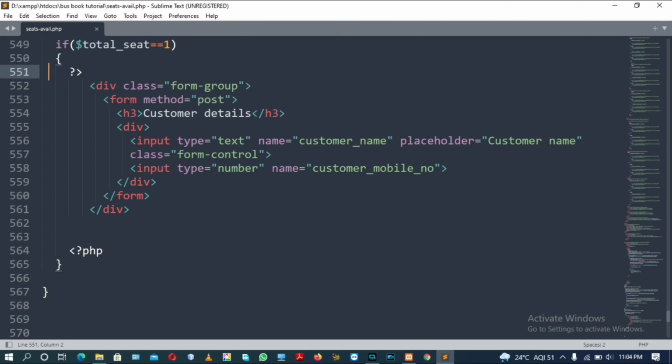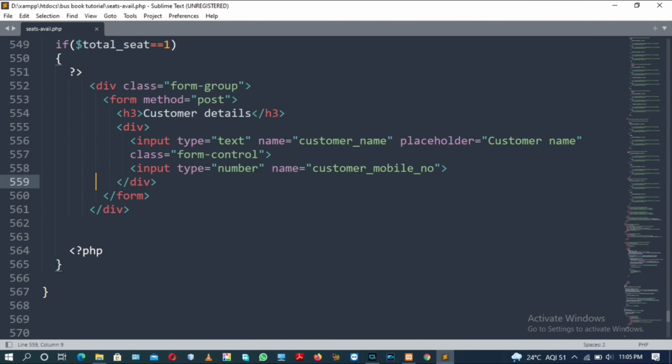There are two input tags available here with the type text and type number, and the names of the input tags will be customer name and customer mobile number.